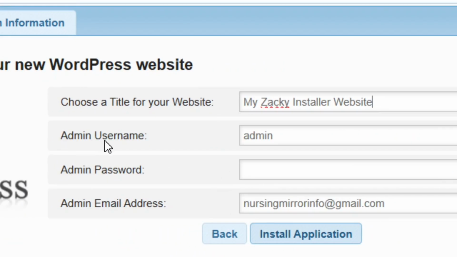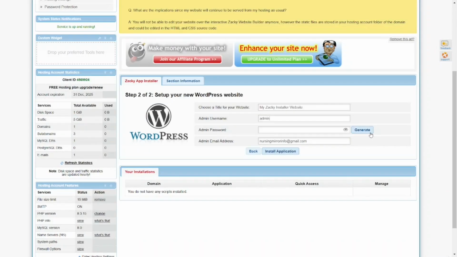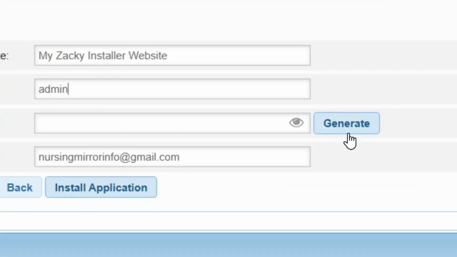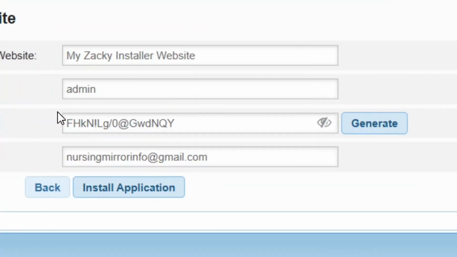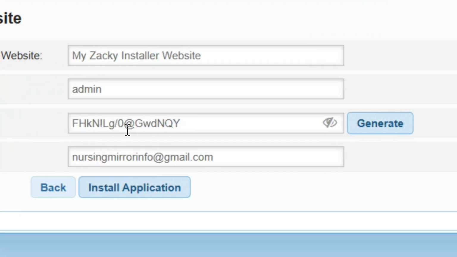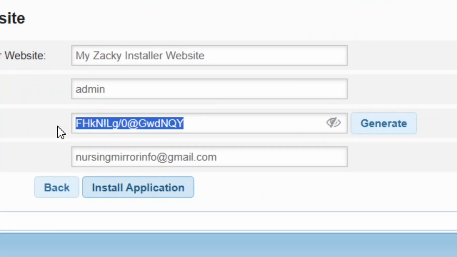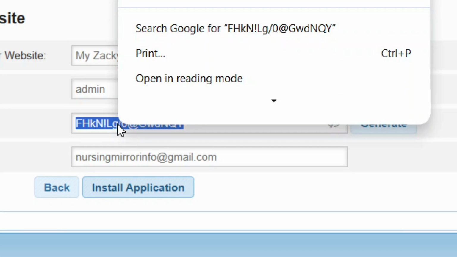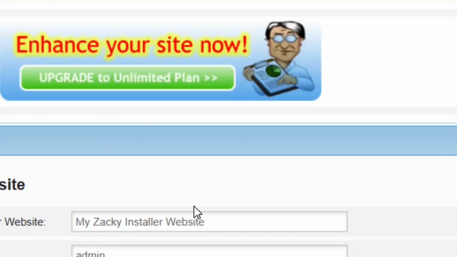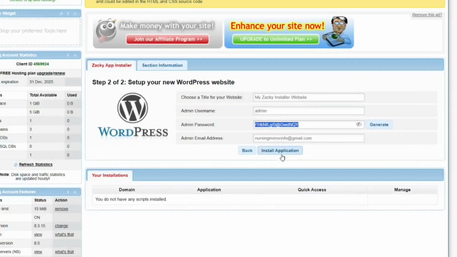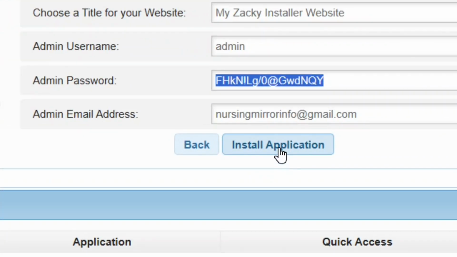Okay, and then here the admin username, leave it at admin, and then the admin password, you can put in your own password, or you can click on generate to generate a strong password for you. And all that you have to do is simply highlight the password. You put the mouse on it, right click on it, and then click on copy. Okay, so after that, simply come here to where it says install application, and click on it,